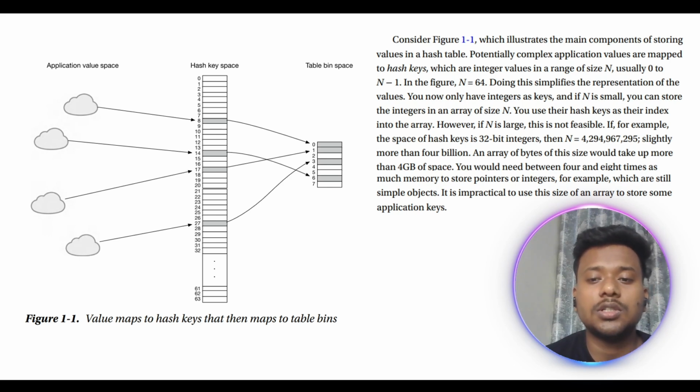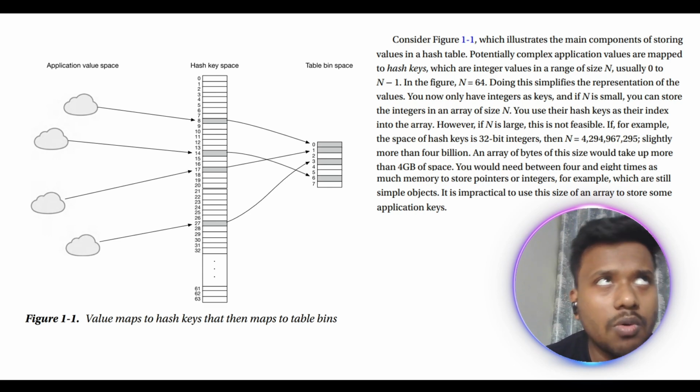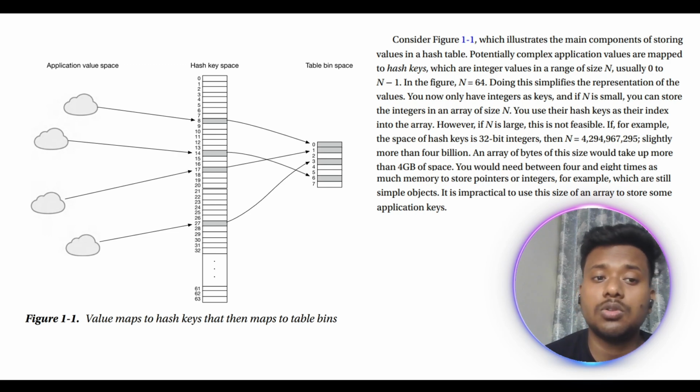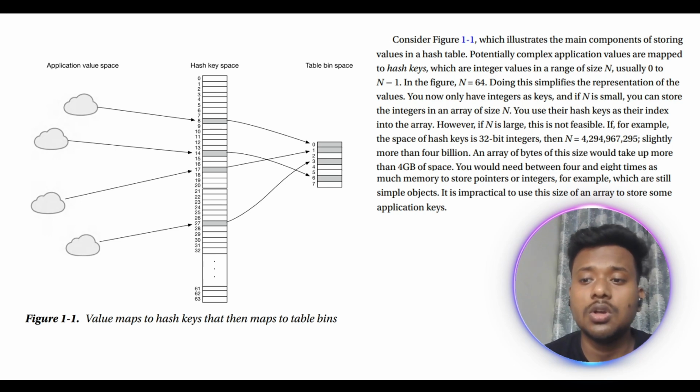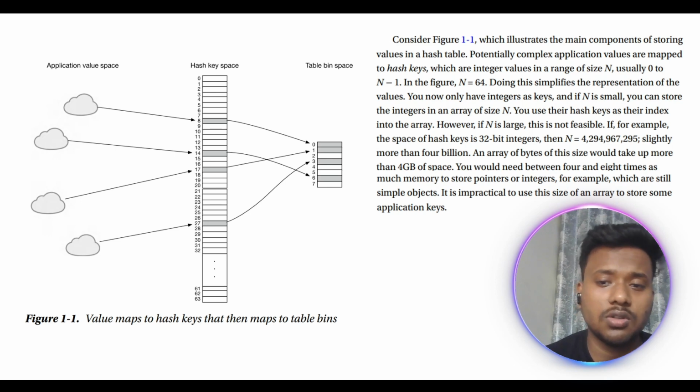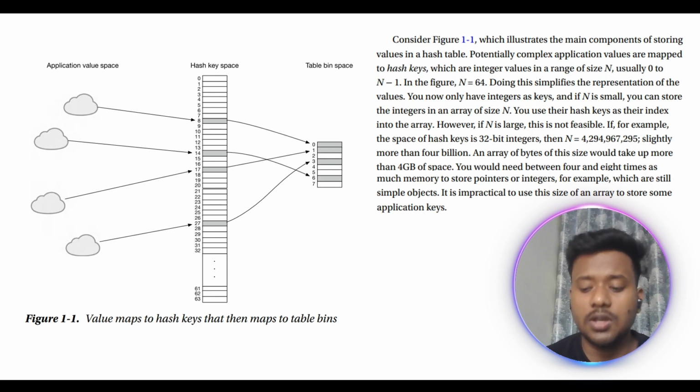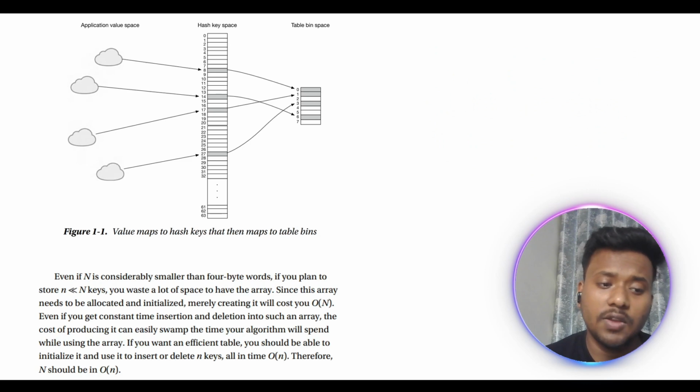If, for example, the space of hash keys is 32-bit integers, then N can be approximately 4 billion, slightly more than 4 billion. An array of bytes of this size would take up more than 4 GB of space. You would need between 4 and 8 times as much memory to store the pointers or integers, for example, which are still simple objects. It is impractical to use this size of an array to store some application's keys. Even if N is